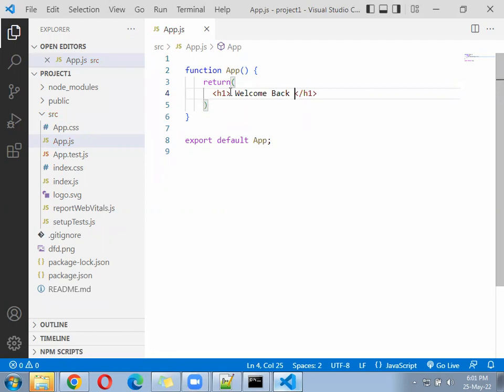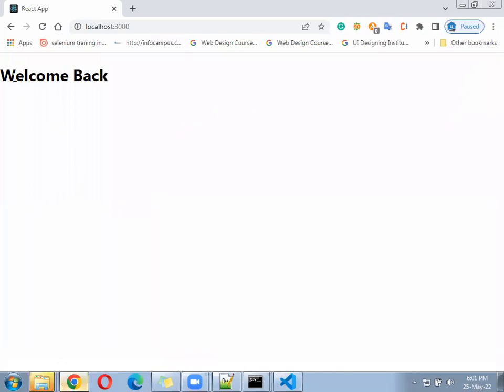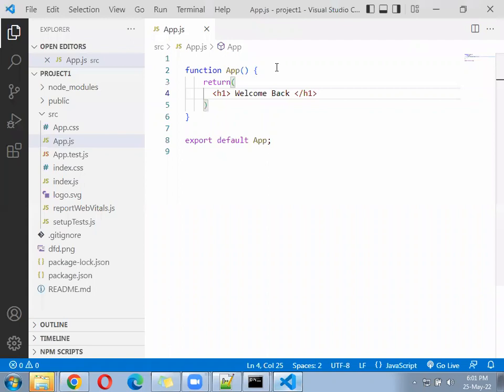Modify everything, save the file, come to the browser. You can see here it is saying welcome back. The content should get changed.